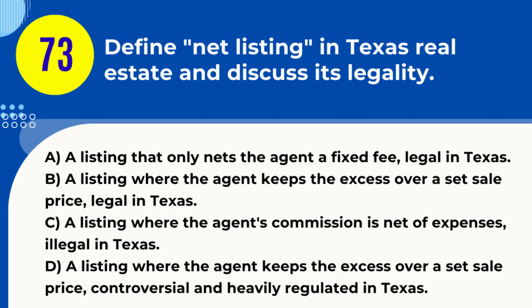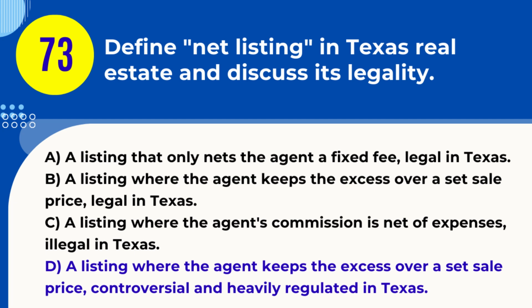A. A listing that only nets the agent a fixed fee, legal in Texas. B. A listing where the agent keeps the excess over a set sale price, legal in Texas. C. A listing where the agent's commission is net of expenses, illegal in Texas. D. A listing where the agent keeps the excess over a set sale price, controversial and heavily regulated in Texas. Answer. D. A listing where the agent keeps the excess over a set sale price, controversial and heavily regulated in